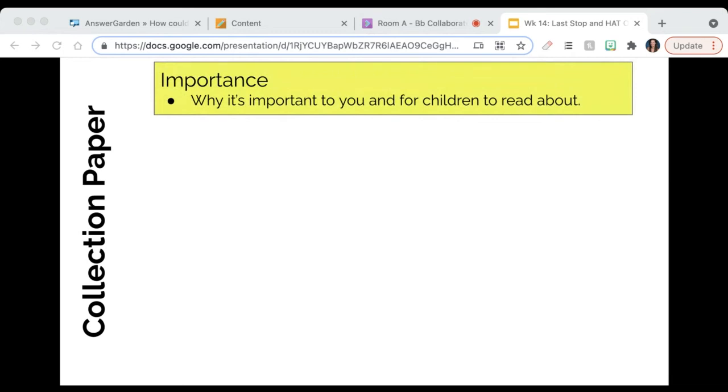But your paper should really begin by telling me the importance of your topic. So why is it important to you and for children to read? So you're giving me an introduction, what is your topic? And then telling me about the importance. And guess what, guys? You've already done that in your blog. So it's taking what you wrote in your blog and just elaborating on it a little bit more or formalizing it